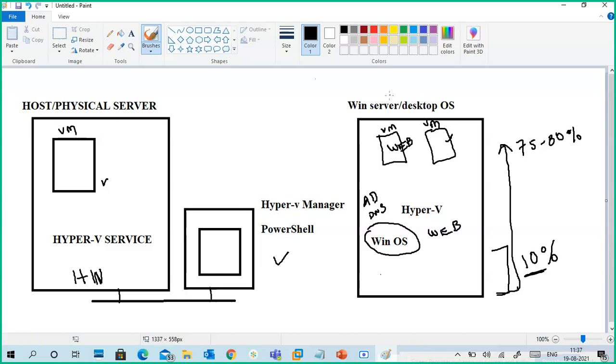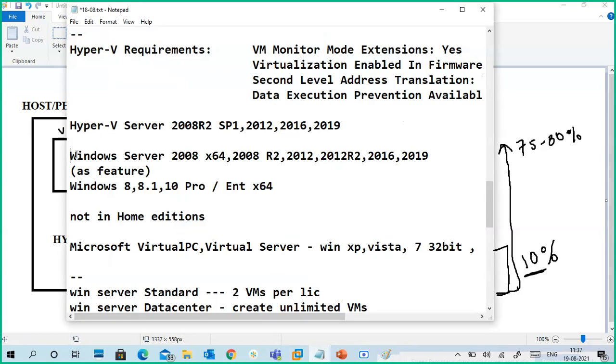That's why in Windows servers as well as Windows desktop, Hyper-V is introduced. But Hyper-V is not there in our home editions and Windows Server Essentials. Along with your operating system, you will get the Hyper-V feature.